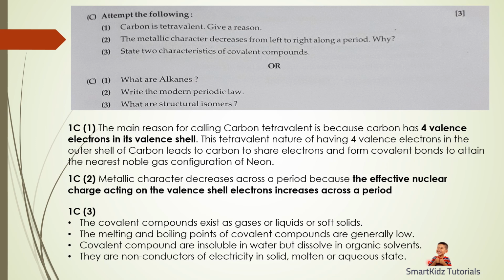Good conductors of electricity are usually those forming ionic bonds like sodium chloride, where there is giving and accepting of electrons. In covalent compounds, there is no giving and accepting, there is only sharing. So in such compounds, there are no free electrons, as a result of which they are poor conductors of electricity. So you may choose between any two of them to remember and write for the exam if it comes.